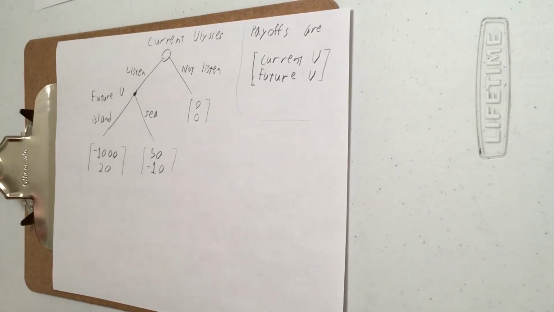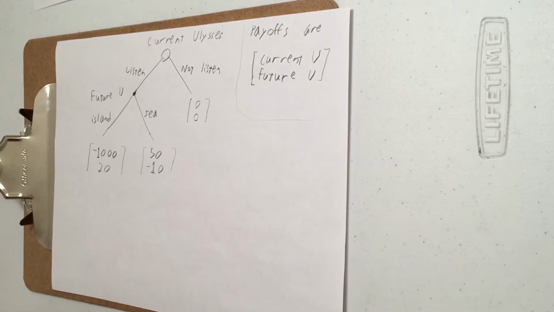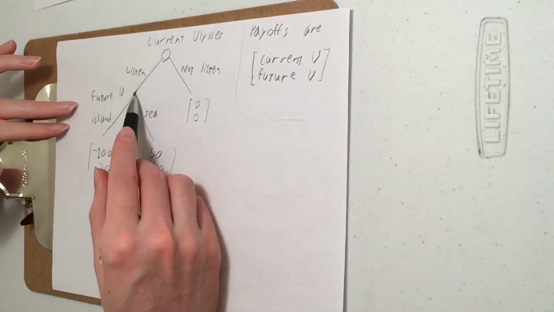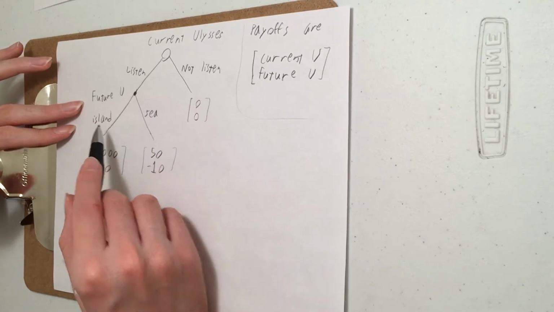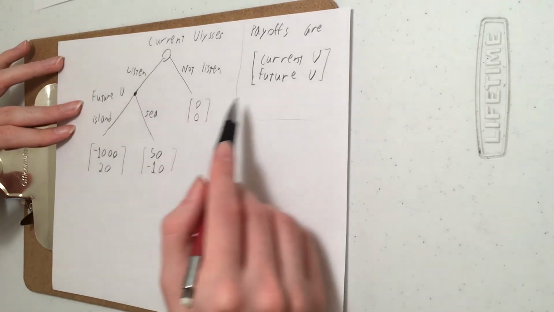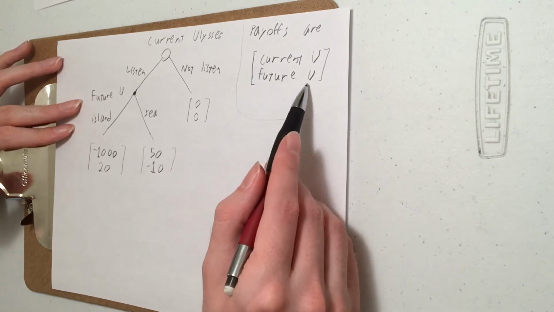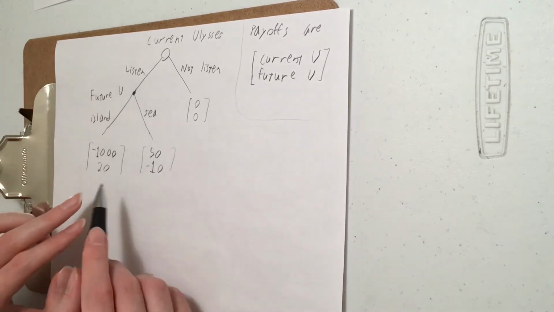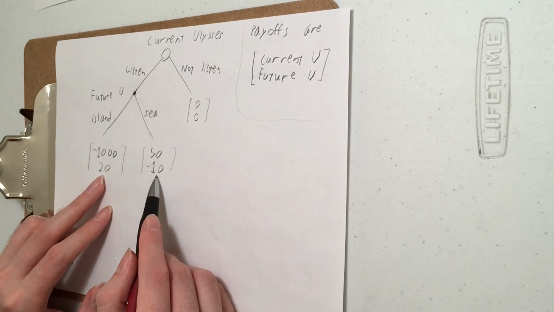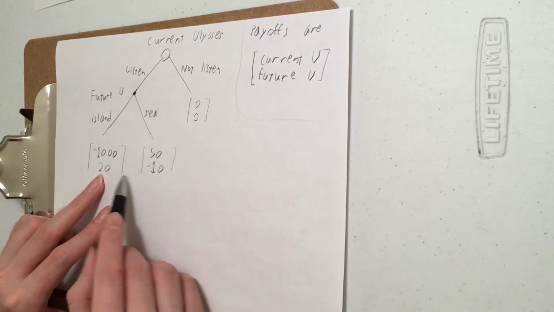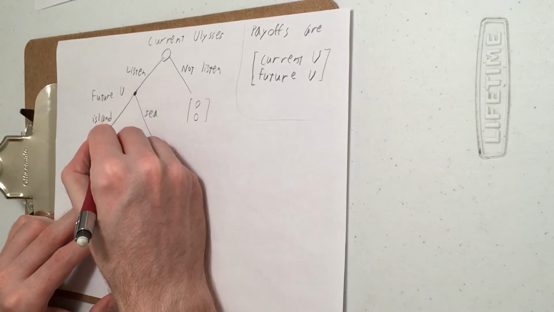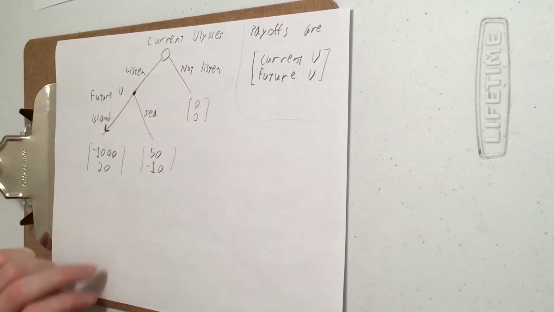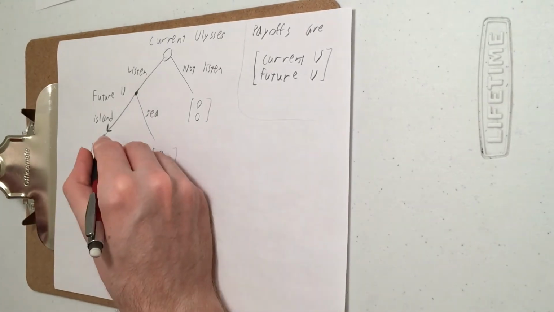So we go to the end of the game and then work our way backwards. This is the last part of the game where future Ulysses has to decide between going to the island or staying at sea. Future Ulysses has payoffs on the bottom, so he looks at these numbers. And he finds that going to the island gives a higher payoff than staying at sea. His preferences have changed to the point where he wants to hear the music at all costs, even if those costs are his life. So he would pick